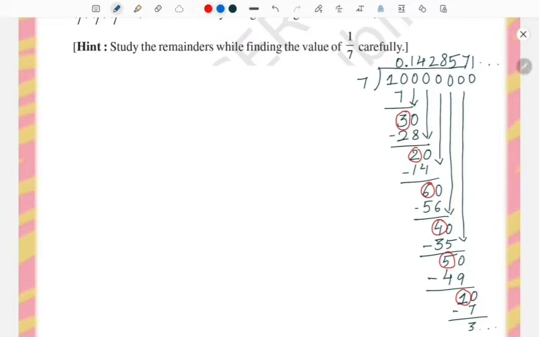So if I have to work with 2 by 7, that means I'll put 2 in the dividend and 7 as the divisor, right? So basically my division would start from this point. Right, so my decimal expansion for 2 by 7 would start from 2, right? This would be